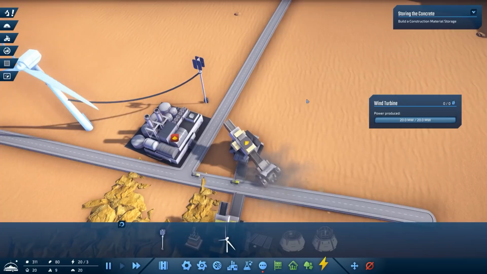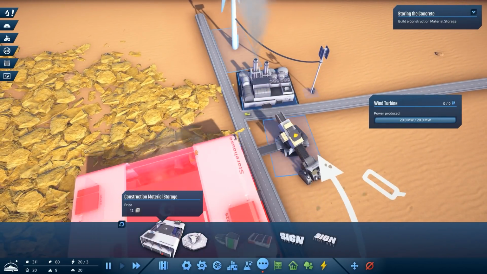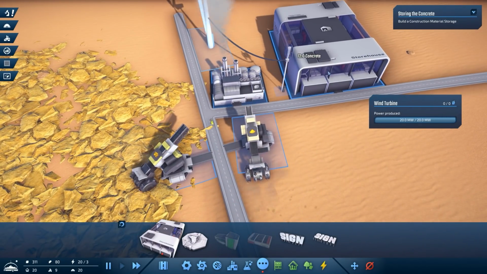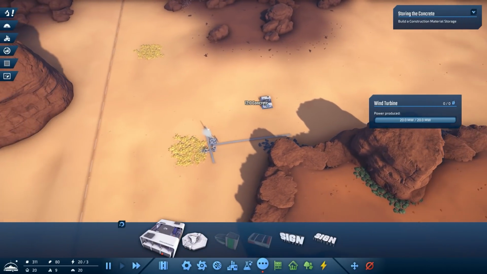Beautiful. Right, I now need somewhere to store my concrete, and I think there's nowhere better than right next door. Give me this, and give me that. We'll bung that in. Is there a bonus to be had? No, this is just going to be where it's shoved. Now, I'm more or less at the border of the map here, so I think I might...